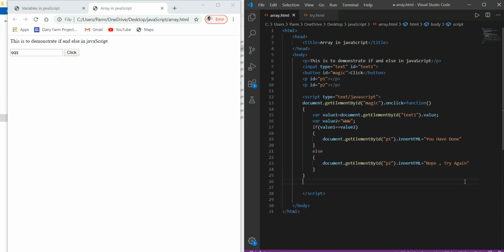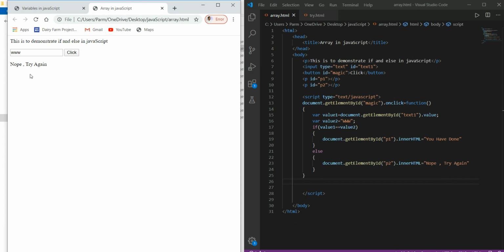So we just save this, refresh this, and here we type q. So click here. The message is coming as no. Try again. Now just refresh it again, and here we type www and click over here.